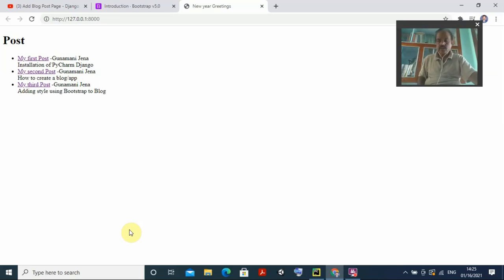Then what do I have to do? Two options are there. For each page I can use the same template that I am using here. Otherwise I create one base.html, whatever we say. So this same thing we can refer in each and every HTML page. Okay, that is the condition, so we can use it here.